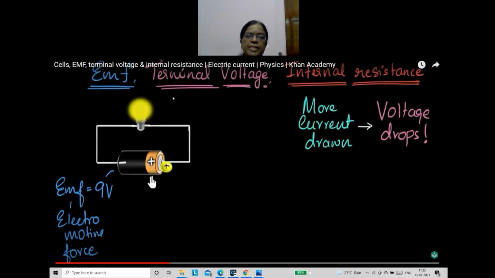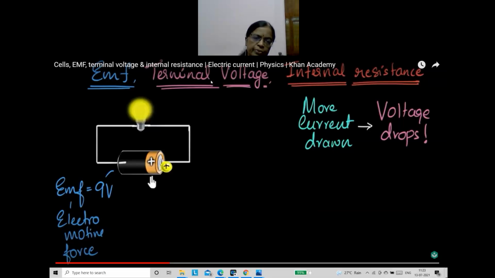In parallel connection, voltage remains the same: the battery voltage, the voltage across the bulb and the voltage across the voltmeter will be the same reading. So when you connect a voltmeter here, it shows another reading, not 9 volt. It will be a reduced value, for example 6 volt, 5 volt, like that. That depends upon the internal resistance of the cell. Whatever voltage it shows now, that is the terminal voltage.